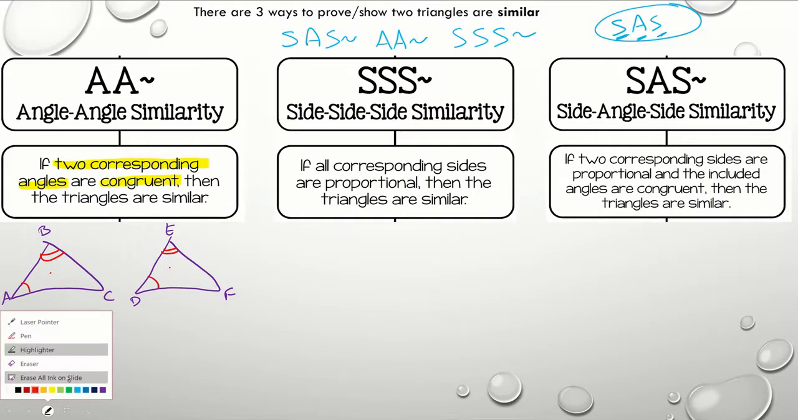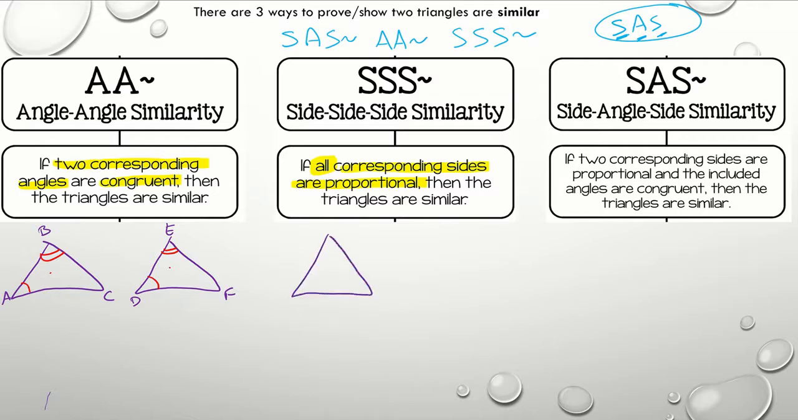Looking at side similarity. So it's saying if all corresponding sides are proportional, then we have two similar triangles. And so what that's saying is, once again, if I have two triangles, and I'm going to go ahead and label them A, B, C, D, E, F. Okay, so for our purpose, I'm just going to go ahead and label them this way: C, A, B,